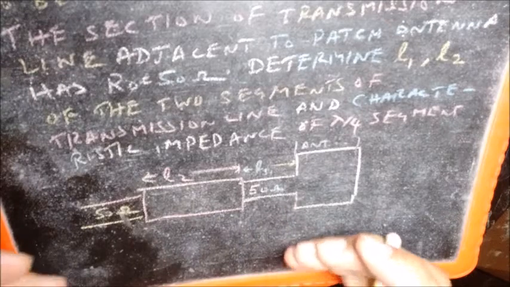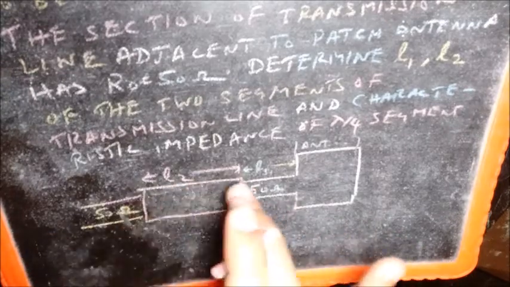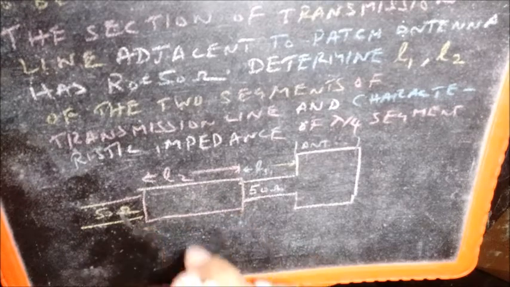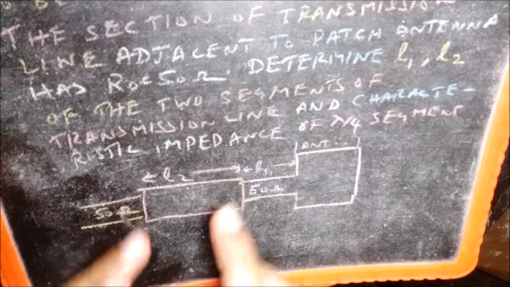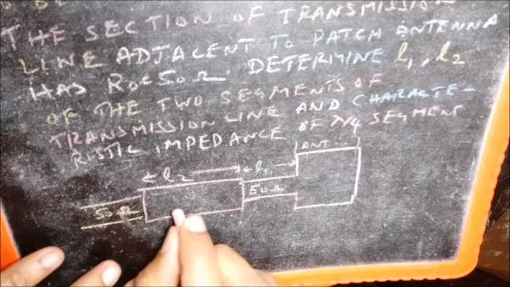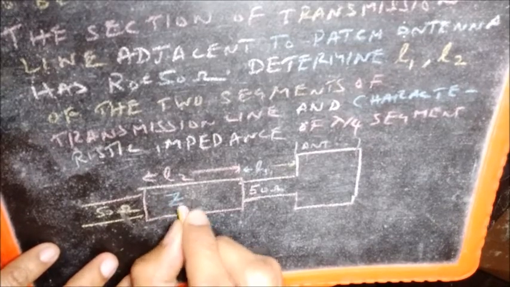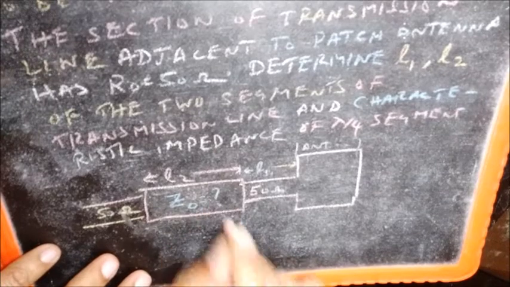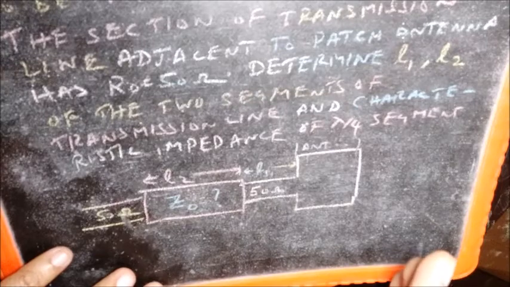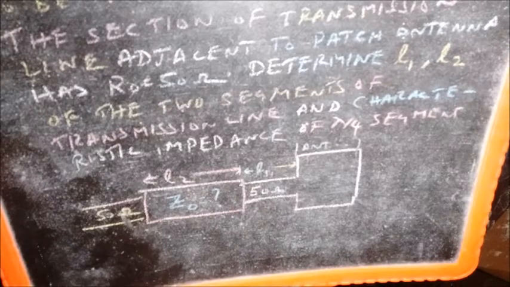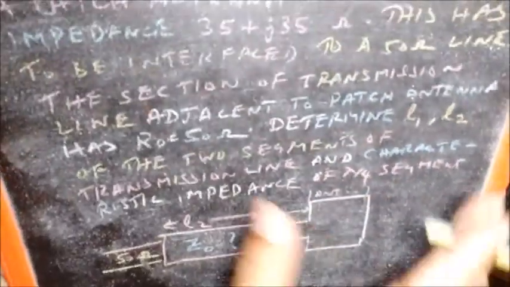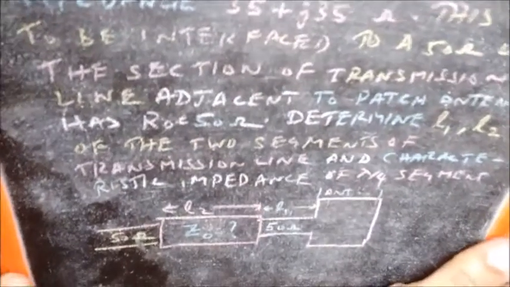You cannot simply add the two, so you need to have a matching network here, a load matching transformer of length lambda by 4. So L2 is lambda by 4. I will not write it down. L2 is lambda by 4 because we know that it is a lambda by 4 line that we are going to use. The important part here is we should find out what is Z0 of this. Once we find that out, the problem is solved. So this is the question. This is how we can boil down this fairly big statement into a simple diagram.